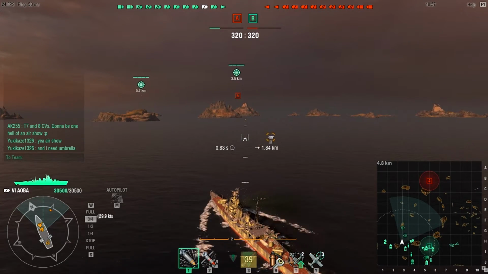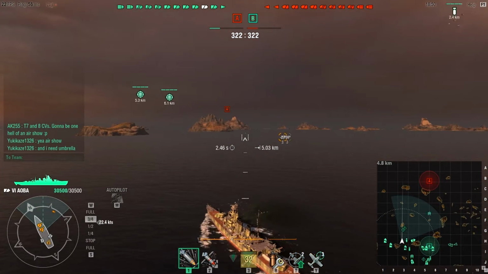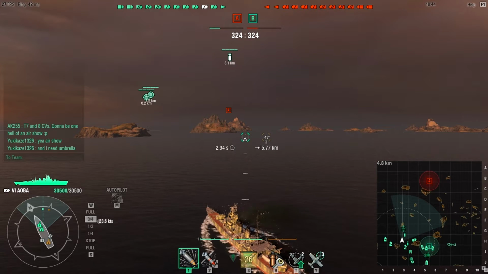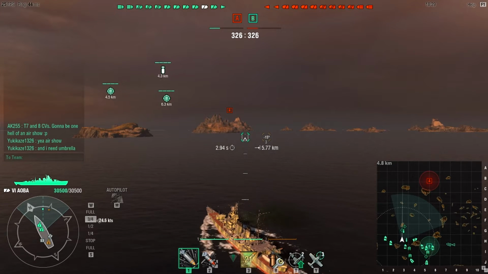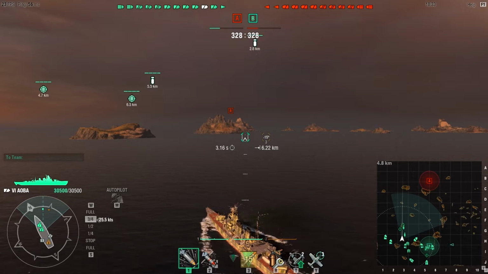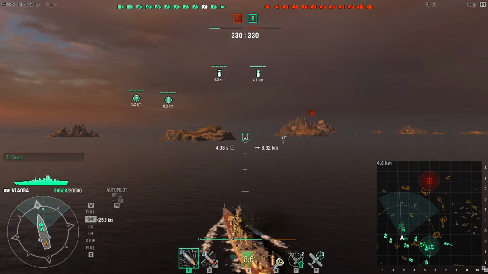Let's see. And I don't want to jump out front. Kind of want to hang back and provide support as much as I can. Because unfortunately, we do have on our consumables fighter plane and an AA defense. I always forget what this is called. Defensive AA fire. So yes, we do have some capabilities of attacking, but the defensive AA fire is going to work